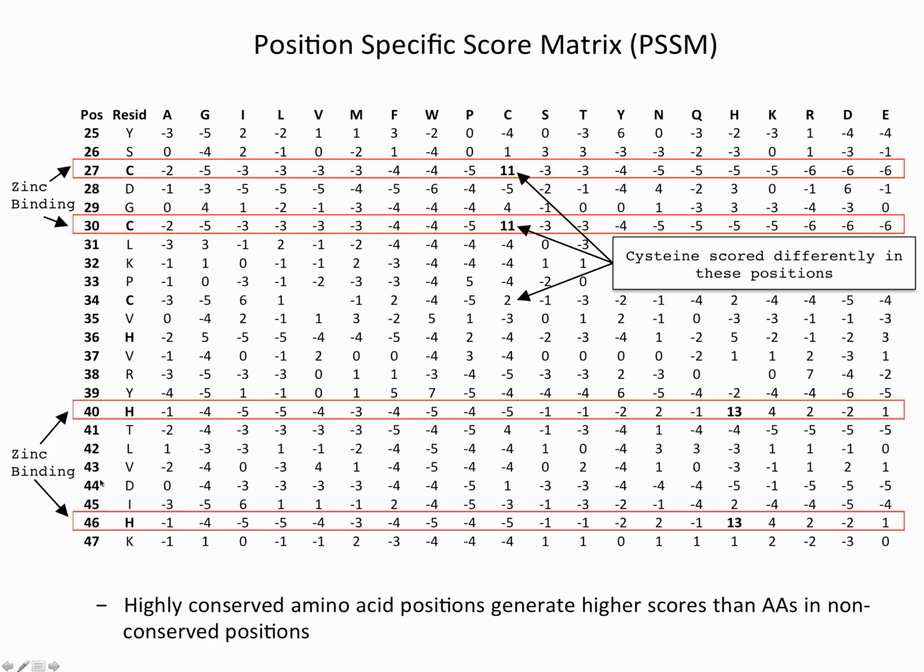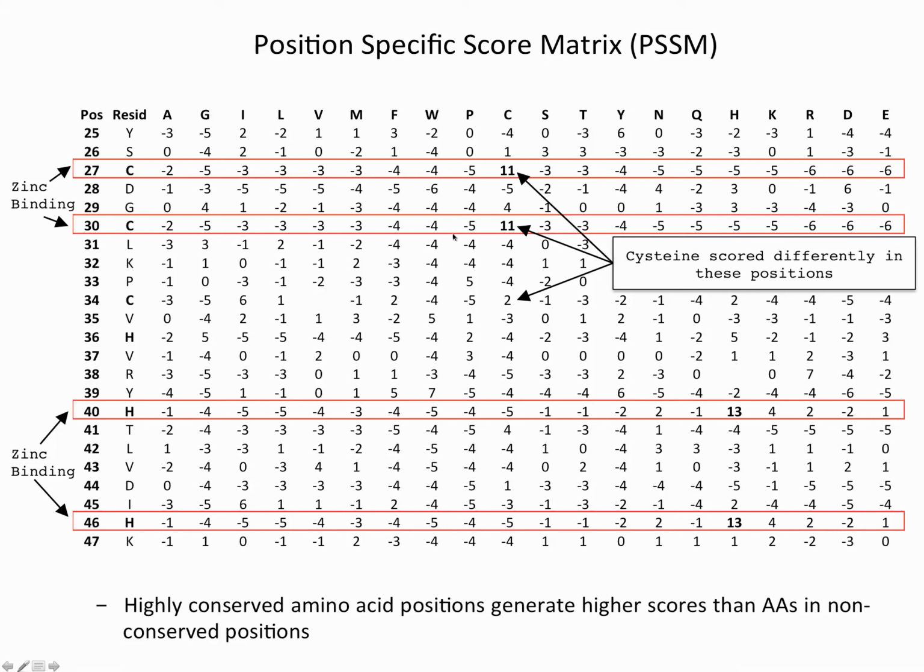This is the number of residues in the sequence, whereas the rows represent the 20 amino acids. As we observe, the cysteine and histidine residues that are involved in the binding of the metal, which is important for the functionality of this type of proteins,